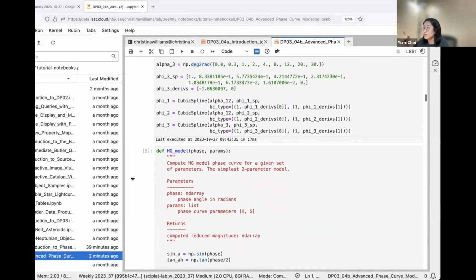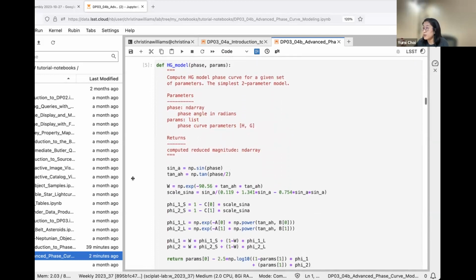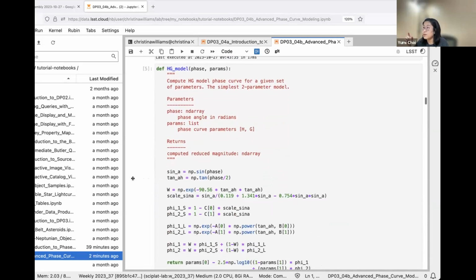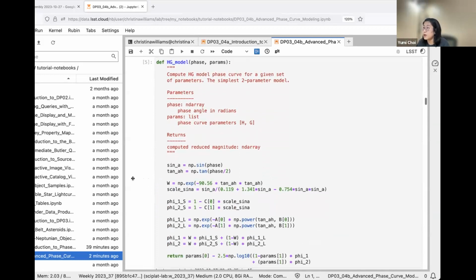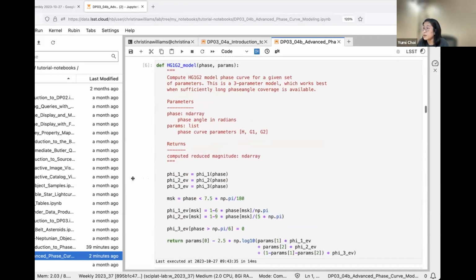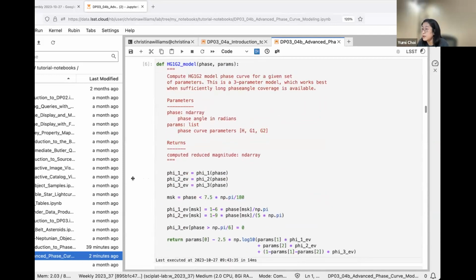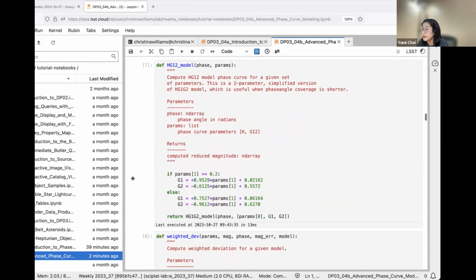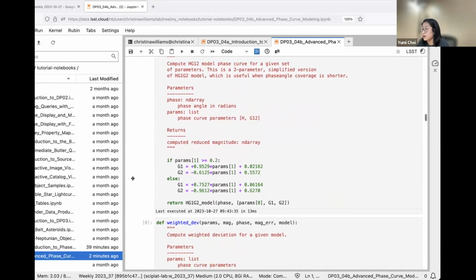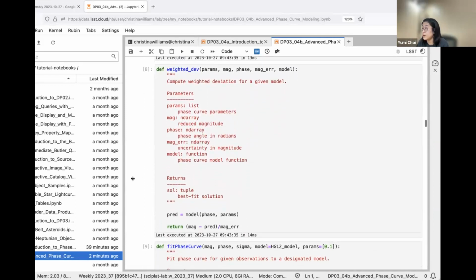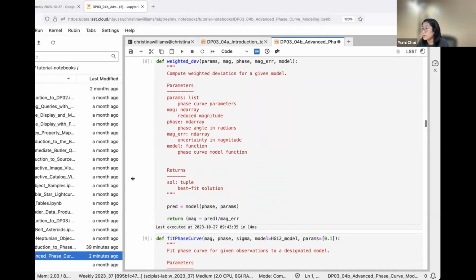And then here are the coefficients for the fitting functions, and then there is a function defining the HG model, and then the HG1, G2 model, and the function for the HG1-2 model. And then there's a little function that computes the weighted deviation for a given model, used in the fitting process.